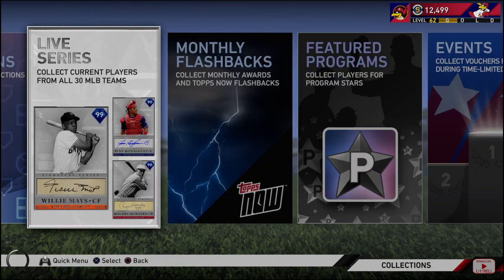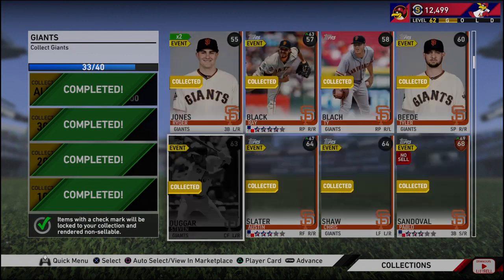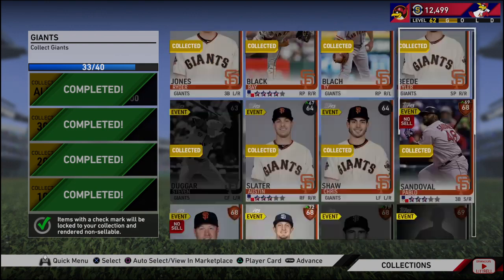So let's start off with the collection. Obviously, you want to start off with teams with no diamonds on their roster. Those are going to be the easiest for you to get. I forgot about that video I need to make. So make sure you're buying teams with people with no diamonds. But before you do that,